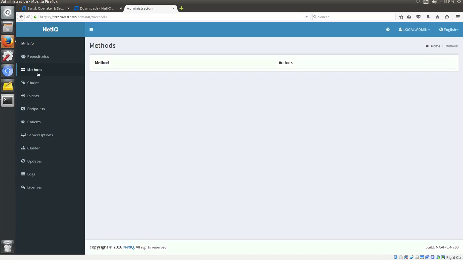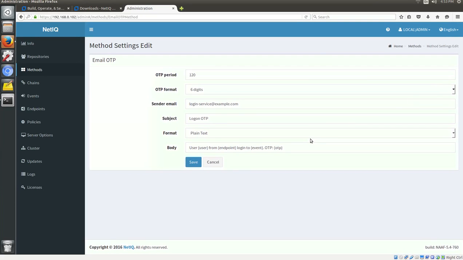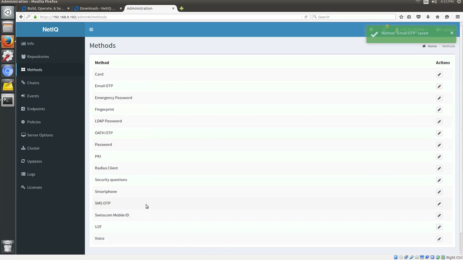Let's go to the methods. So the method that we are looking at for our demonstration is email OTP and one-time password to the email. I'm not changing anything that is there by default. Let's change the sender email though. We will make sure that the email is sent by a username admin@mydomain.com. I have to remind you that I've already configured a mail server on my Ubuntu workstation, and